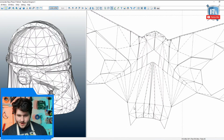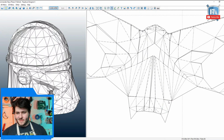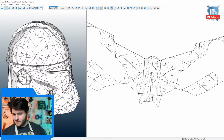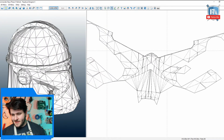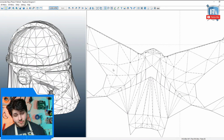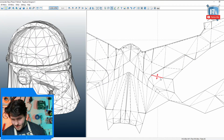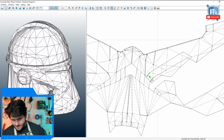This will work. Sorry, I pressed Control B accidentally. Control B brings up this grid for if you use a grid, I guess. I do not really use a grid. Let's see. What happens if I join these adjacent edges as is? How does that look? Oh, that looks pretty good. That's a little wonky right here, though. Can I...